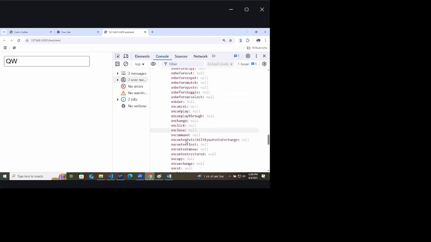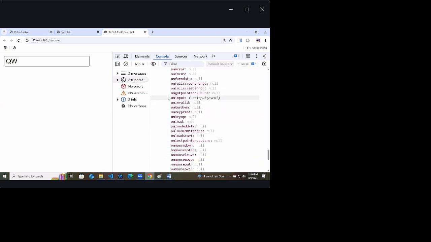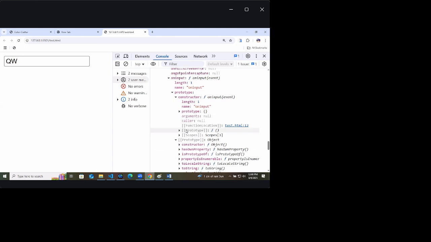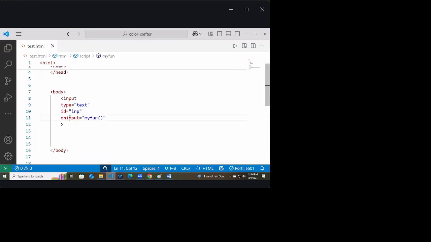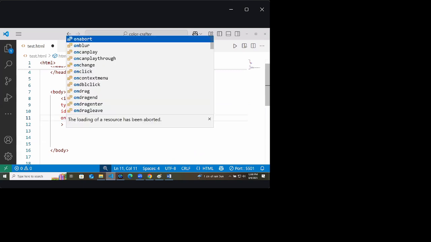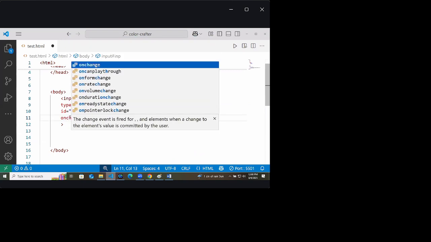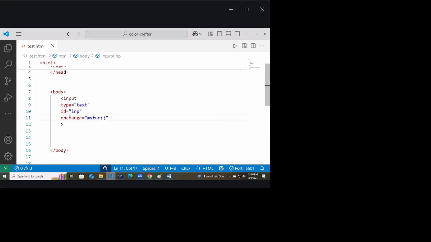Length 1. Open this. Like a lot of properties you will get. Same way your on change also works.